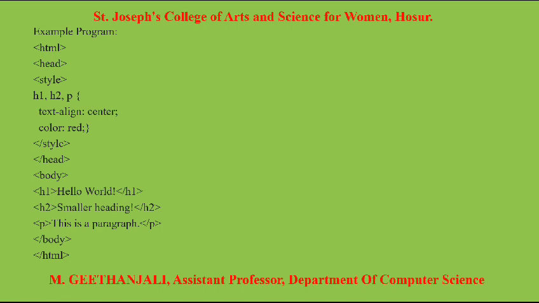Then I open the body. Here I enter the information: h1 is hello world, and h2 is smaller heading. In the paragraph, this is a paragraph. These texts will be aligned in the center and displayed in red color. Afterwards I have to close the body, then close